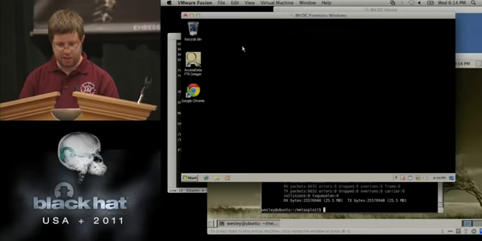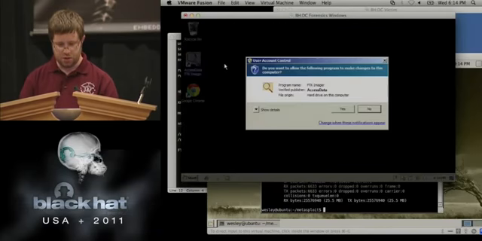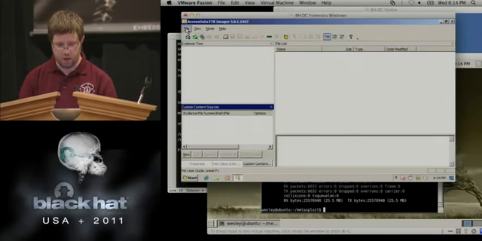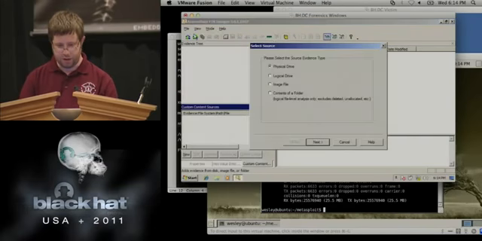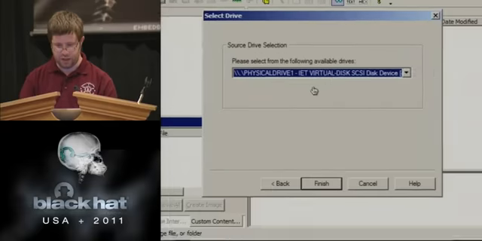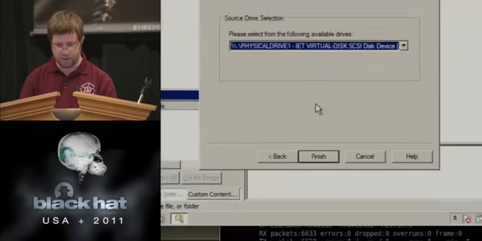And now we can load up FTK Imager, just like we train people to do, in a period of very little time. We're going to add it as a physical drive, and we're going to give it this physical drive 1, which is the iSCSI remote device here.